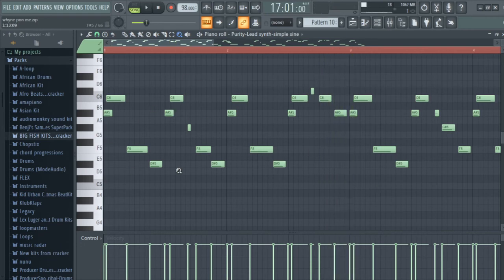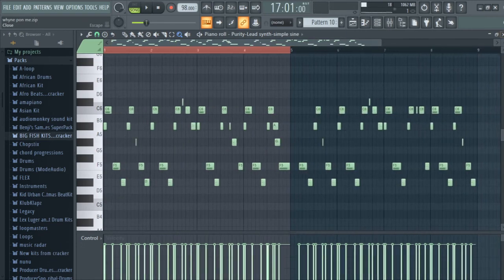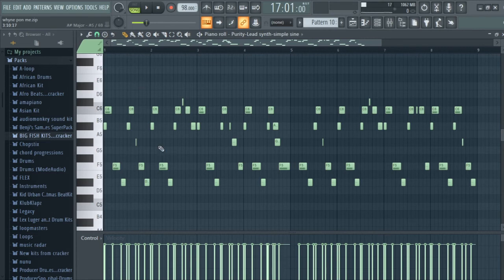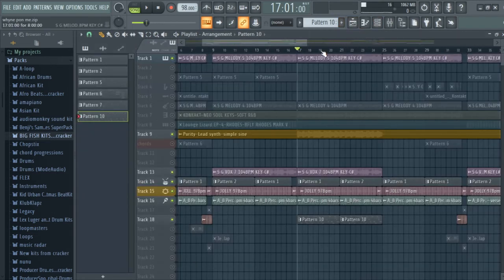So as you can see, these are the MIDI notes for that lead sample playing. I also exported it, but I kept the notes so that I could show you guys how I program all these things. So at this section, I also have